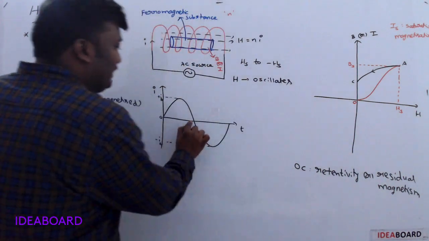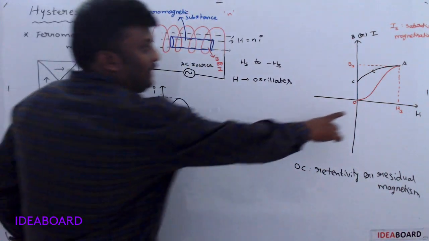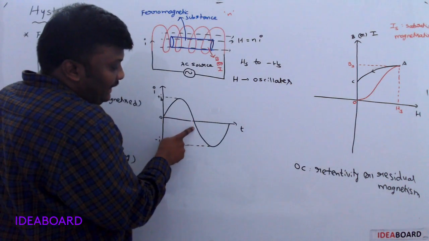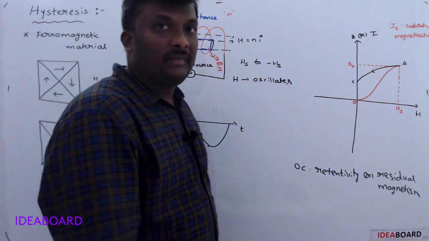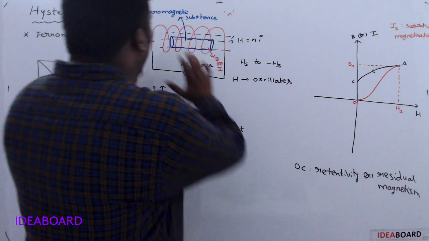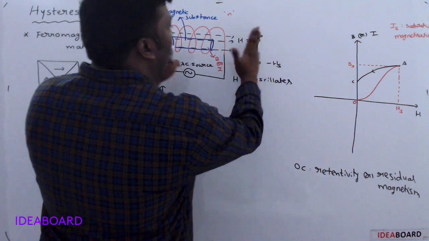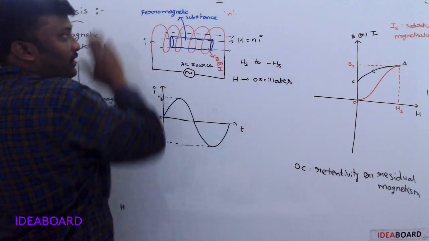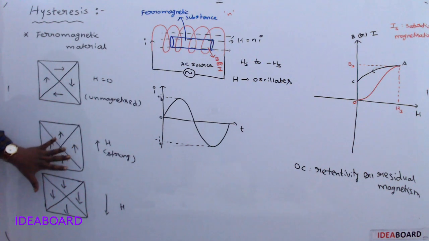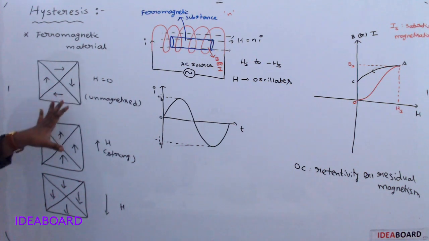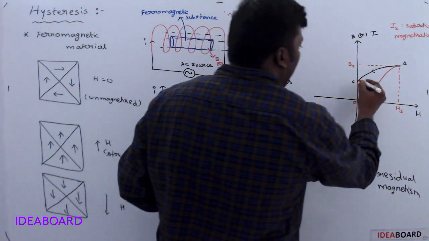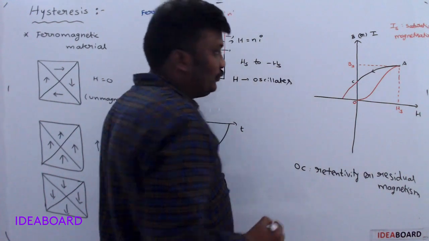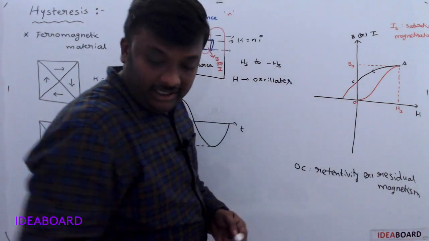Okay, now it reaches this point. After that, because H is 0, it reaches this point. Now H is increased in the opposite direction. H increasing in the opposite direction means until now H was in this direction, now the direction of H will be converted in this way. If H comes in this direction, then all the domains try to flip again until the B value is 0. Okay, let this point be named D.